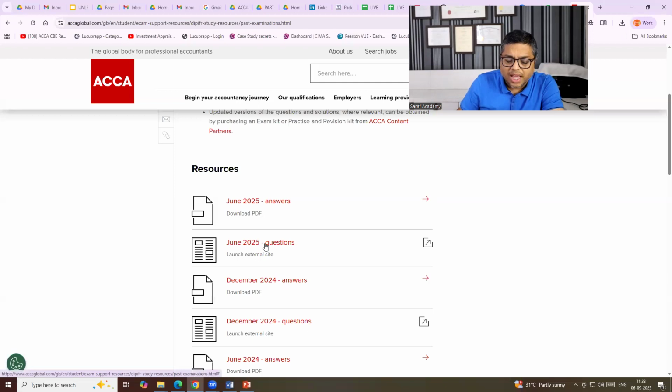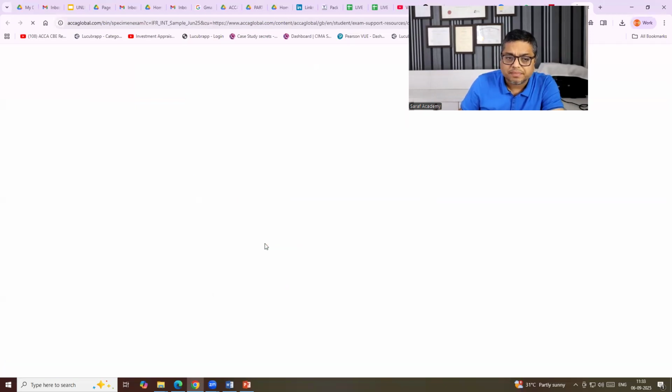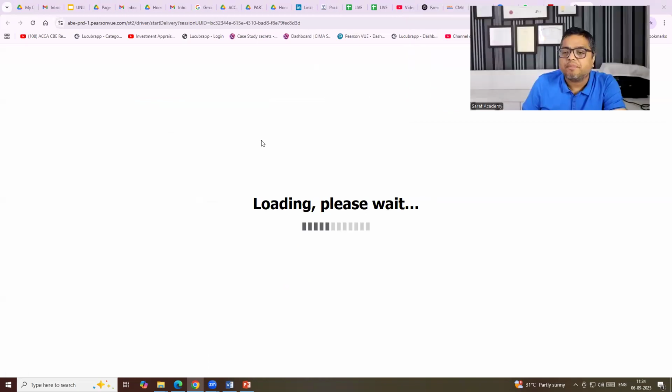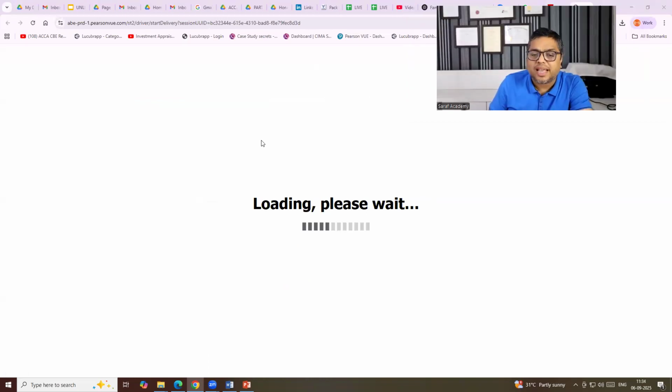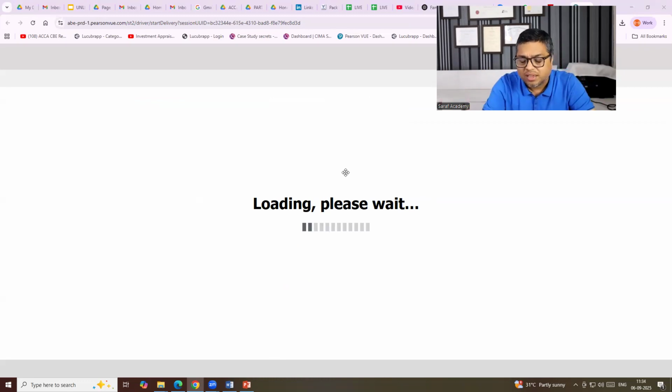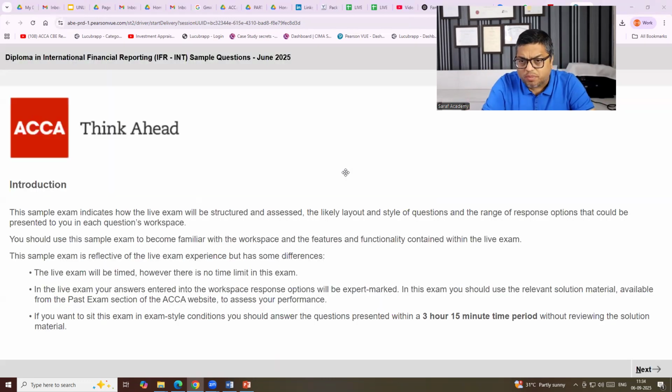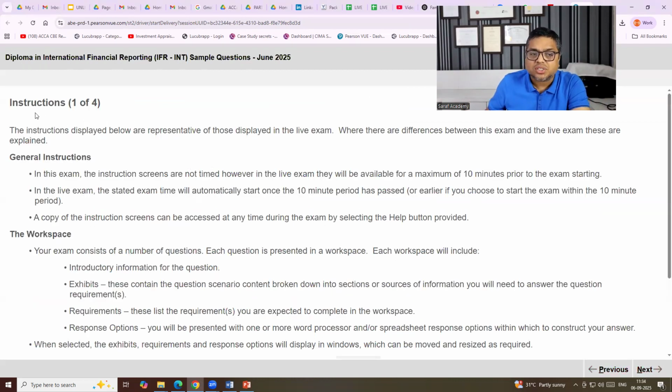Okay? I am opening the question paper. The way the question paper is opening, it will open in the exam exactly in the same way, whether you give the exam sitting at home on a remote basis or in the exam center. In both cases, this will be the first screen when it opens. I am not reading these instructions, I am clicking next. You should be reading these instructions once.